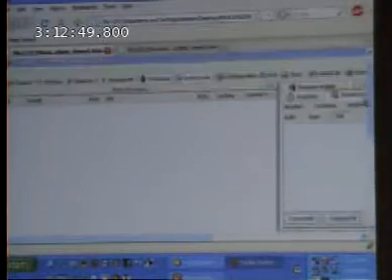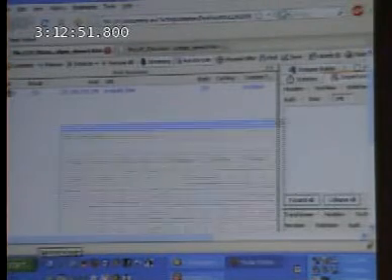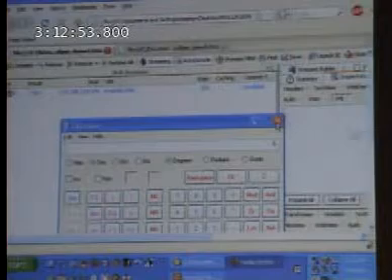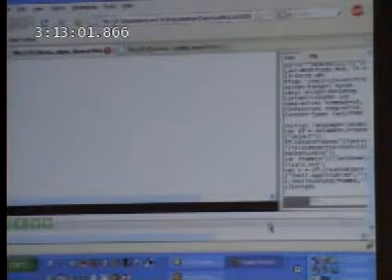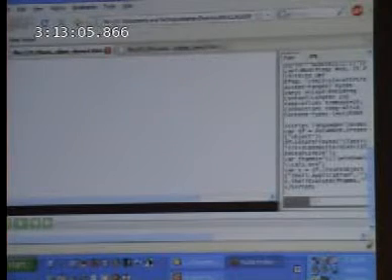So let's see if we can get. Alright, hang on. Alright, so the display, let's see what the display looks like on screen. Alright, well,